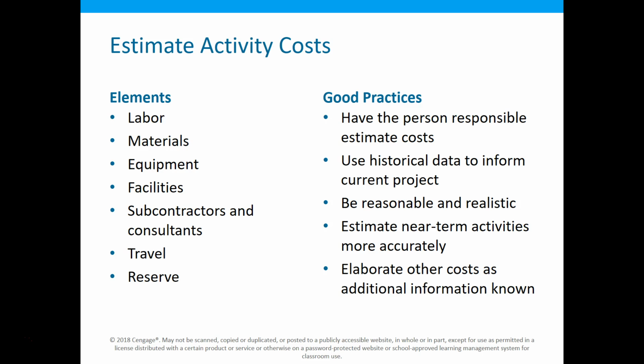Generally, if it's something closer or near-term activities, we can estimate much more accurately than long-term. Think about an electrical project. We're putting in wiring in a building. We don't know what the cost of that wiring is going to be a year from now. And so we have to be careful of what we know now versus what's going to happen in the future. Think about some of the costs that have escalated in this pandemic. What happened to toilet paper, for example?